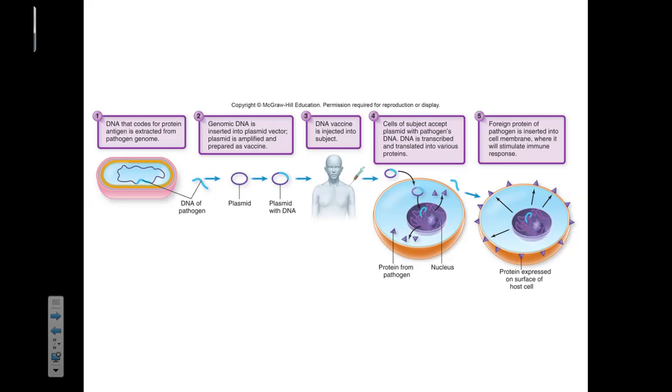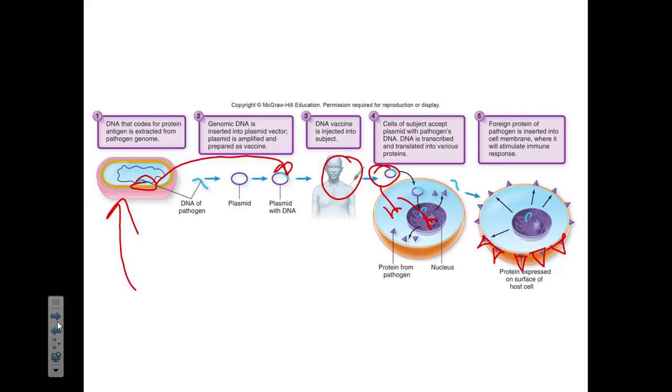So to make a DNA-based vaccine, first we need to take the gene in question, remove it from the pathogen, put it in a plasmid, and inject the plasmid into a human. That plasmid then goes through the bloodstream, is taken up into the host cell, and then is incorporated into the nucleus, and then the host cell starts to make the new protein that's associated with the pathogen and can trigger the immune response. So you now are going to be immune to the initial microbe that protein was unique to.